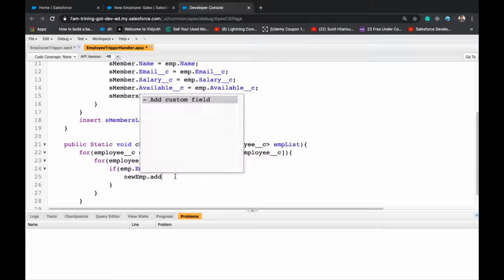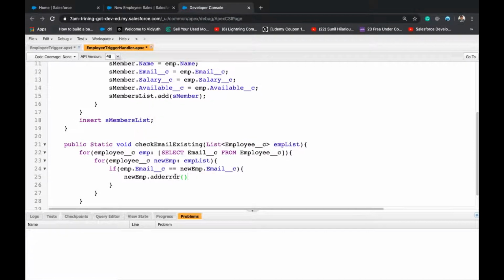newEmp.addError. addError is a common function for every context variable. It works for every context variable, like new map, old map, which will add the error message and send it back to the page.